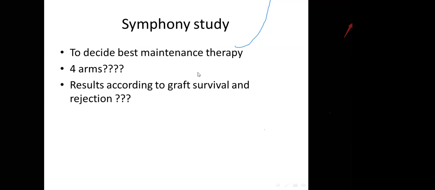The next best result was related to the induction and low dose cyclosporine, which was also CNI, and the rejection was around 25%. The next was the high dose cyclosporine, and the rejection was 24%. And the worst result was the arm who received the induction and sirolimus, which is mTOR, and the rejection was 37%. So if you focus on the result, you will detect that CNI is the most important and the cornerstone for treatment of